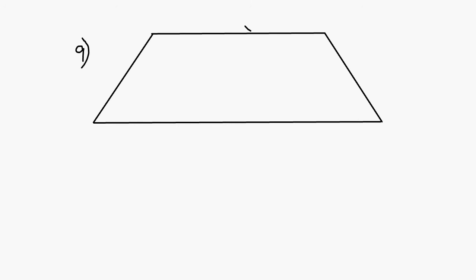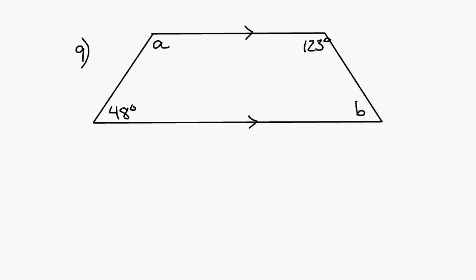All right, the horizontal sides are parallel to each other. This angle down here is 48 degrees. This is 123. And you're asked to find A and B. There's a couple different things going on here, but the easiest